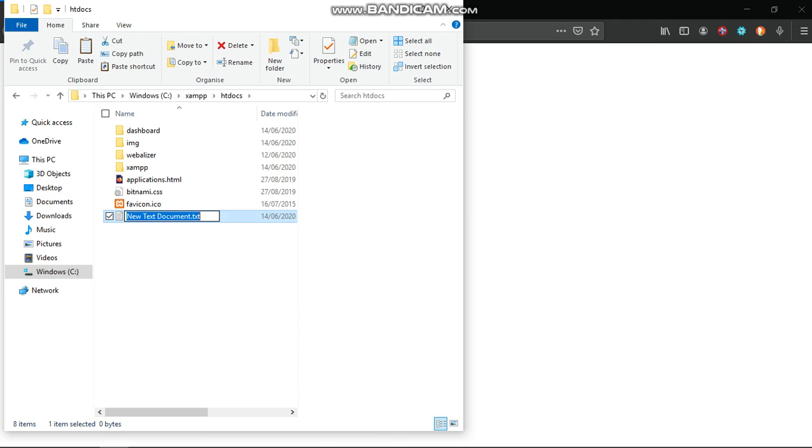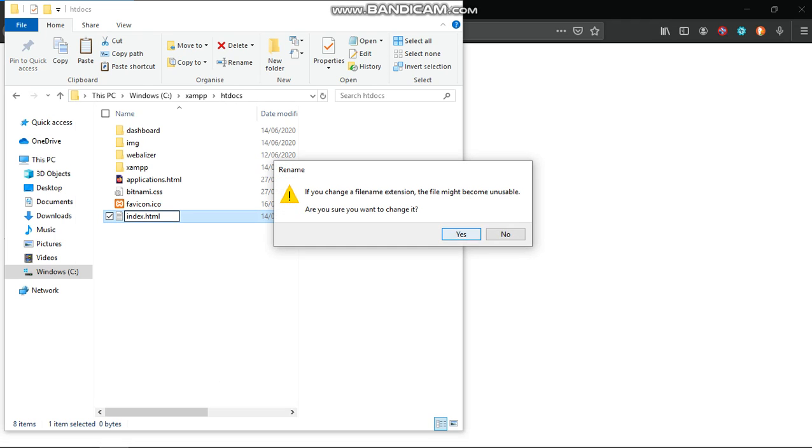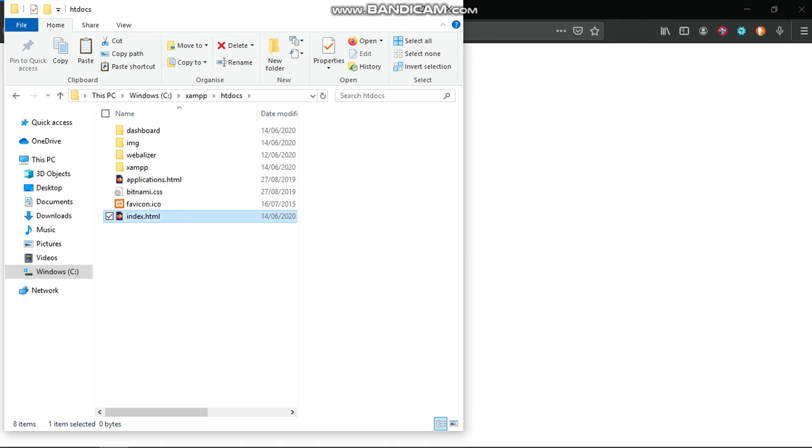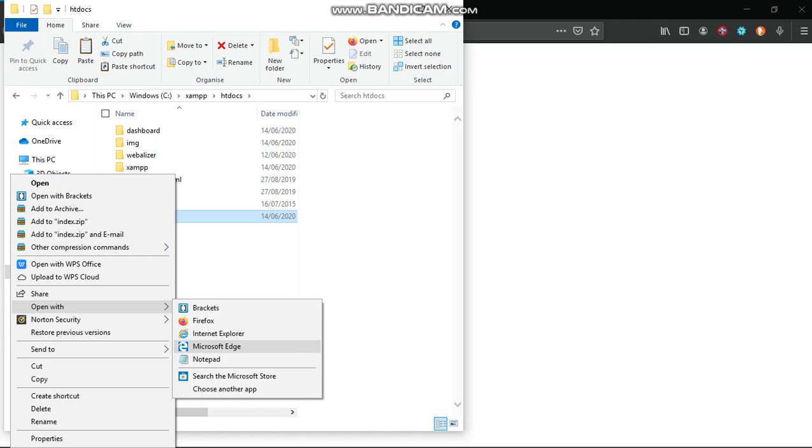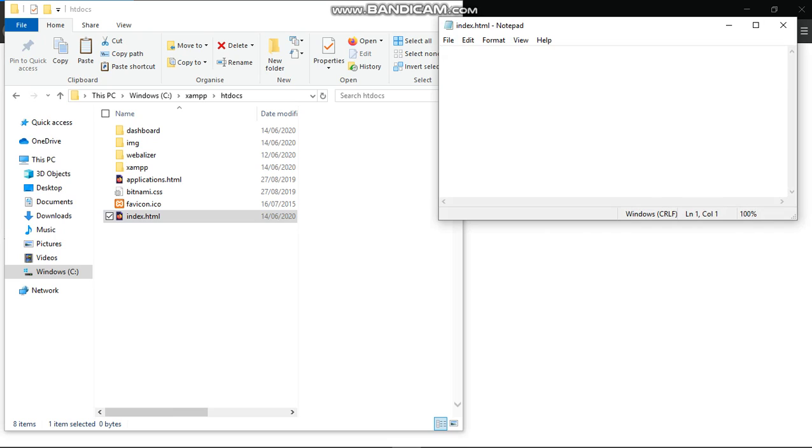Let me show you guys. Index.html. Open with Notepad, just for now, I don't want to run HTML.